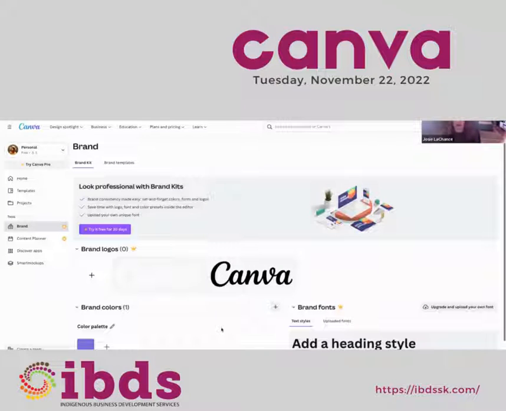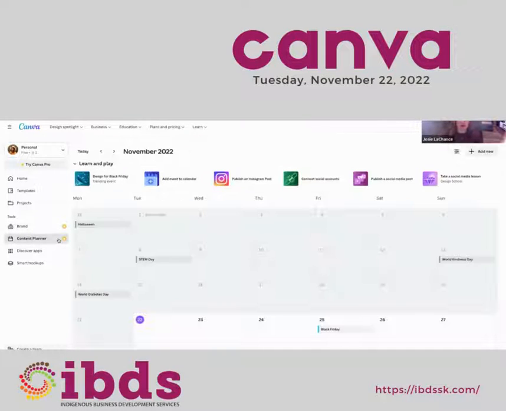This is a big reason why a lot of people get the pro version, because then you have access to this part. And when you're creating something, all of that information is just there for you, and you're not continually searching for it.